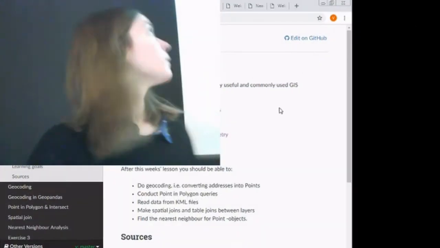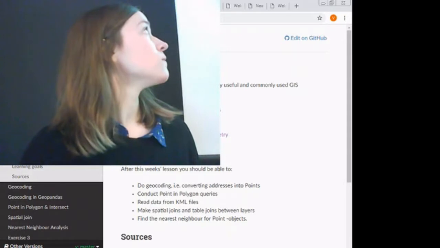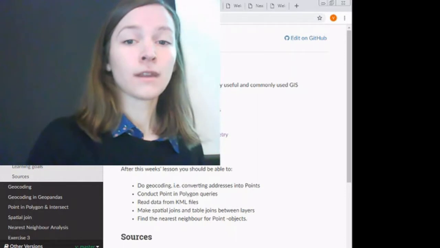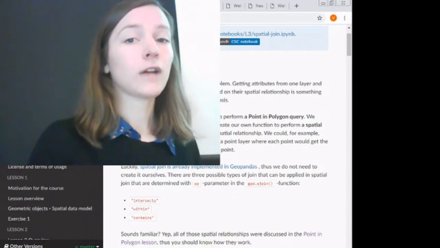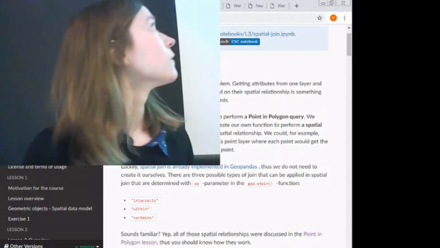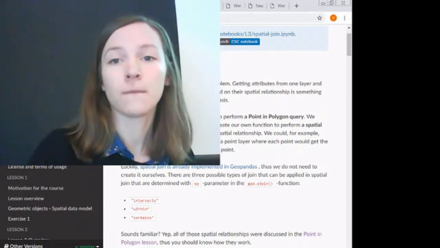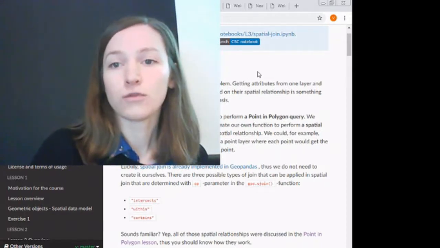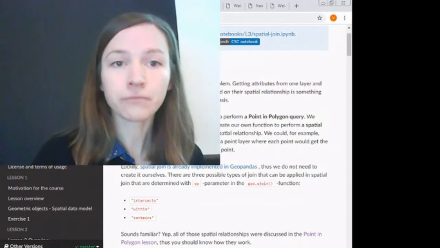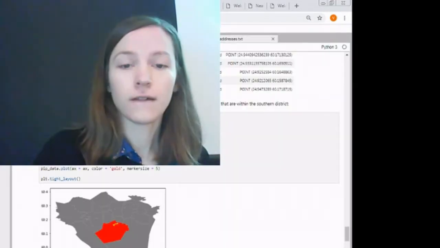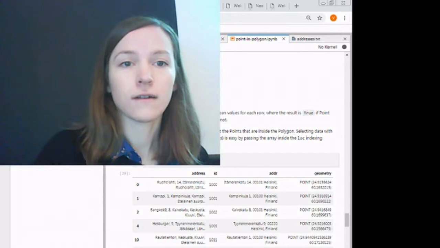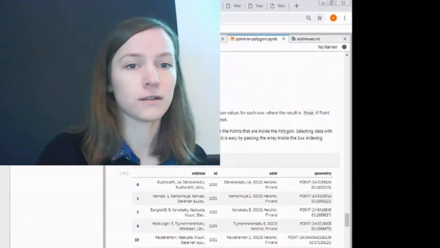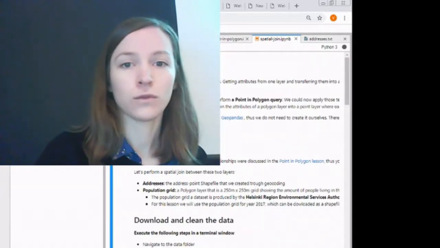Okay, let's continue with spatial joins, and then we'll end up with nearest neighbor analysis. Again, you can follow using the full student binder with the empty cells, and the empty cells are also available in the CSC notebook environment. In the environment, we are in notebooks lesson 3, and we'll start with the spatial join notebook,